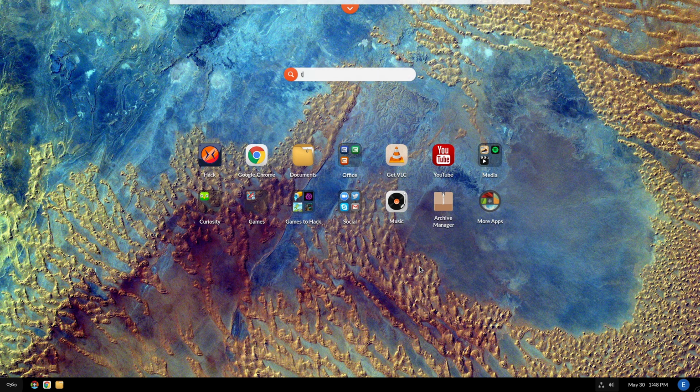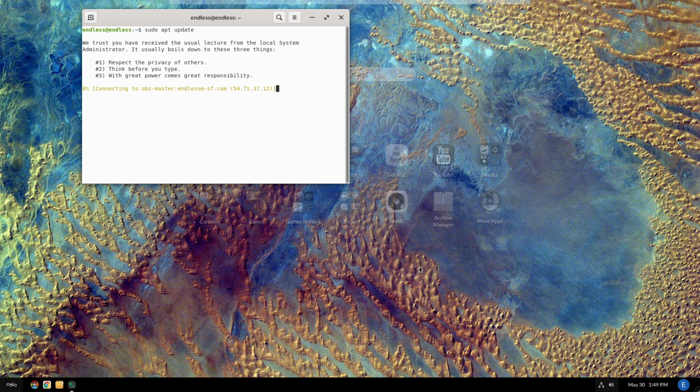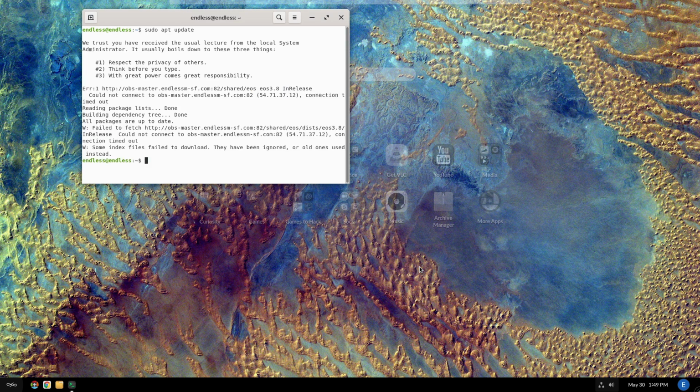codecs in there. So you might say, well, why don't I just go ahead and install some because I know what I'm doing? Well, if we do sudo apt update, then what we're actually going to see is it's going to ping out on us because the system does not want us to use sudo or apt or anything else like that. So as you can see here, it's going to fail to fetch anything. We can't actually drop to a sudo prompt. I'm just going to do sudo -i here in this case.